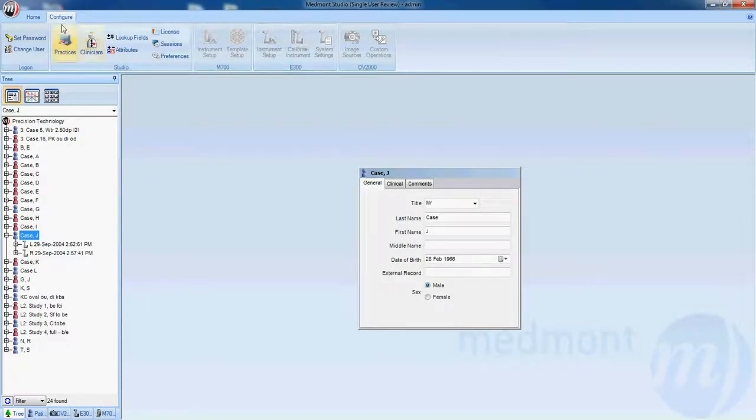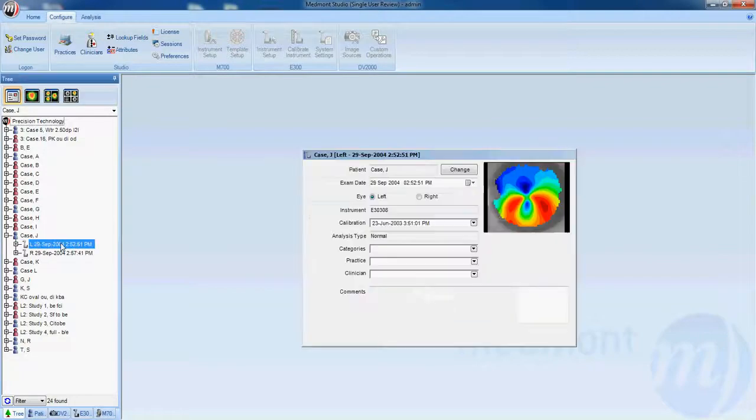These functions are used very infrequently, generally set up in the beginning, and the only one you're going to refer to on a more routine basis might be the calibration, which should be done every 6 months, or if you move your Medmont. If we click on a map,